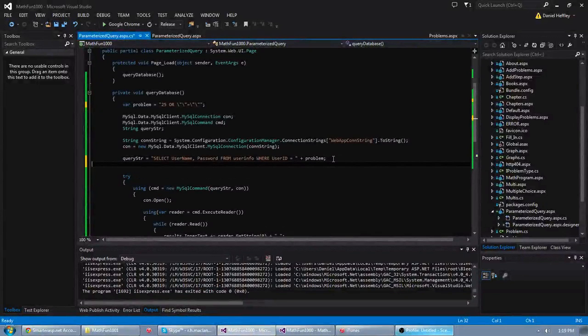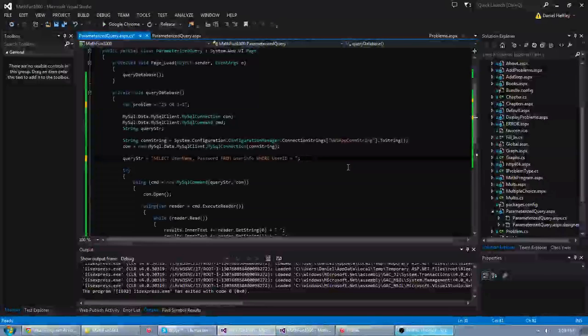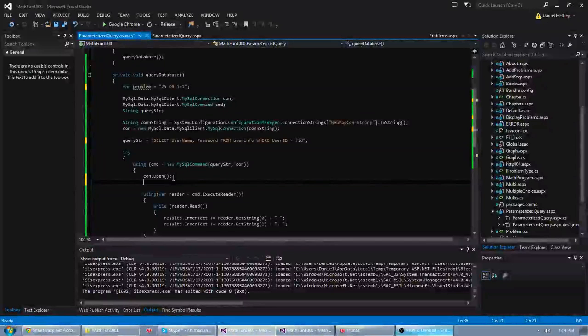So we got our query. So first we want to change this. We'll put this back to 1 equals 1. Okay, so instead of having it plus problem or just appending to the string, we are going to use a nice parameterized query. So we'll just do question mark ID. The question mark signifies, okay, this is input that is going to be replaced later. And so after we open the connection, we want to do command.prepare on our parameterized query, and then